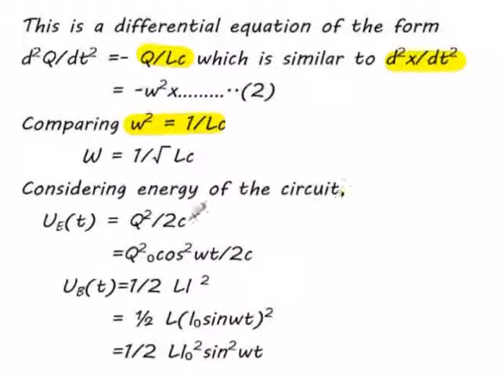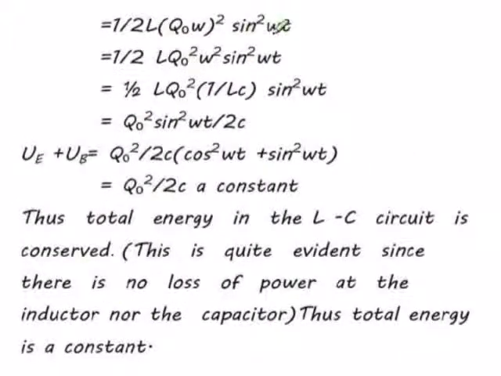Now, considering the energy of the LC circuit, UE at t, that is the electrical energy at the capacitor, is Q square by 2C equals Q naught square cos squared omega t by 2C. The energy at the inductor is UB at t, which is half of L i square equals half L into I naught sin omega t the whole square, which is half L into I naught squared sin squared omega t. That is equal to half L into, I naught is Q naught omega. So, the energy at the inductor is half L into Q naught omega the whole square sin squared omega t,